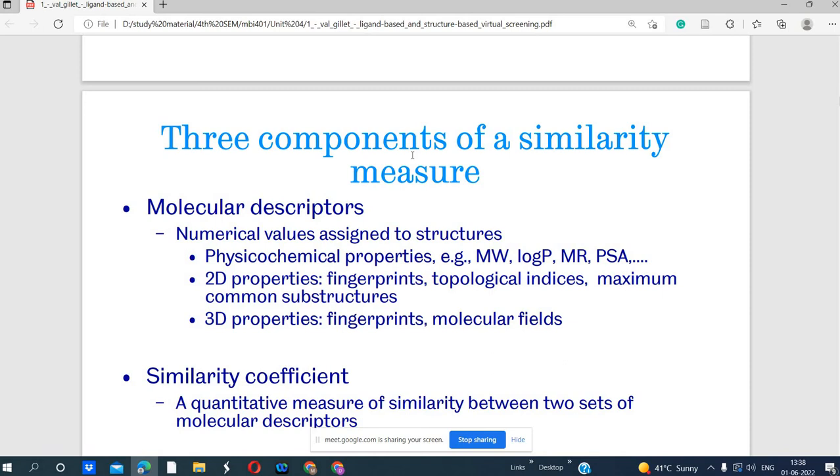So physico-chemical properties are also important. In the identification of lead compound, we have discussed this. Molecular weight is important, and partition coefficient, because it shows the solubility of the compound in acidic medium and basic medium. So that is the ratio: solubility of the drug in water and solubility of the drug in octanol. So there are different physico-chemical properties. They are important for the activity.